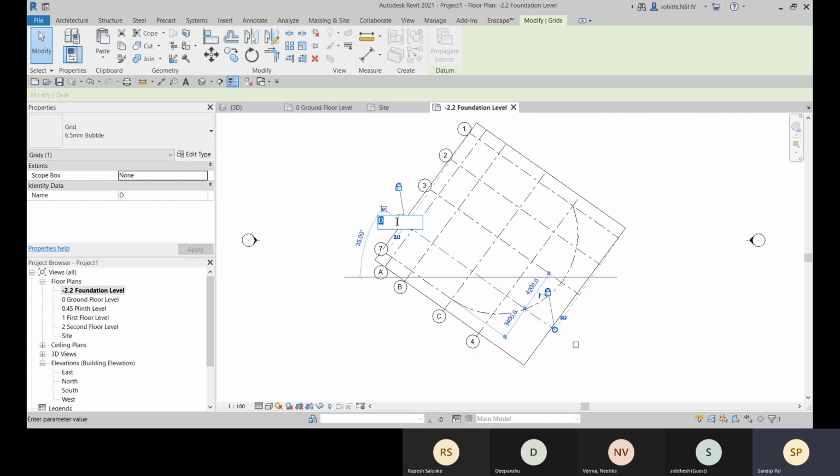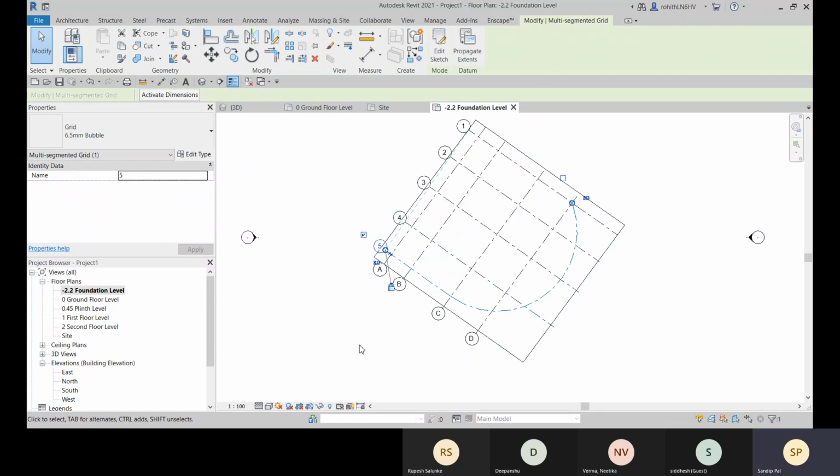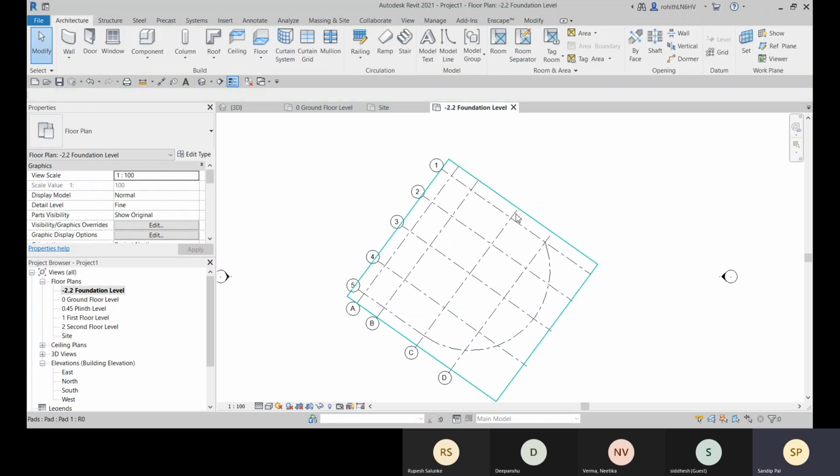Now let me just change it like this. And here let me go with D. Now I can change this to 4 and this to 5. So all my grids are placed, right?